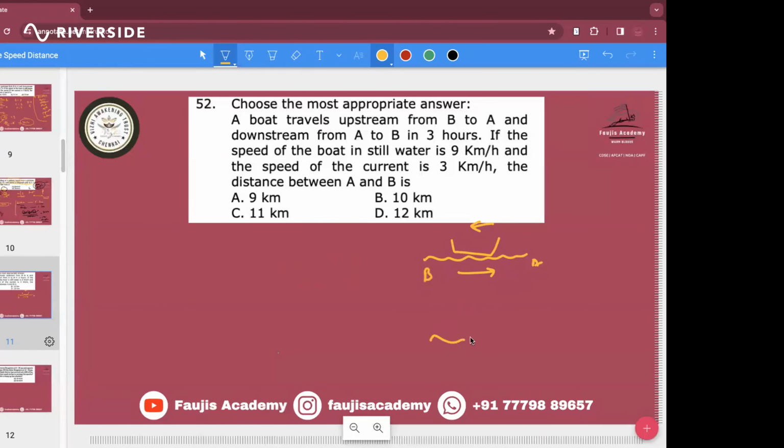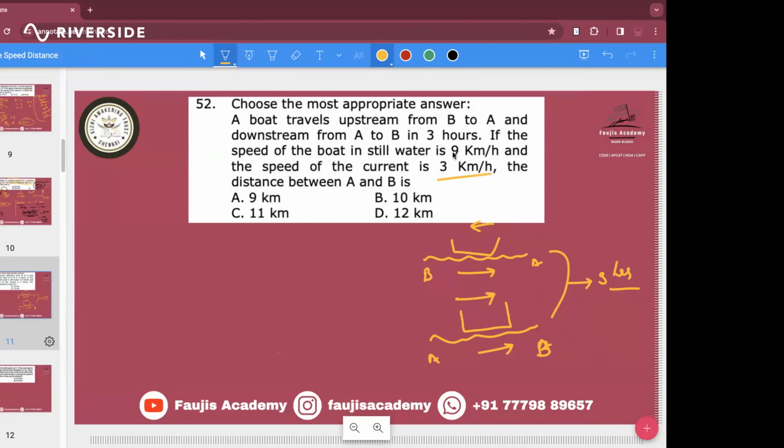It's traveling downstream, A to B, in 3 hours. I mean, these two combined take 3 hours. I'm solving the same question again, I'll be real quick. Anybody, any doubt, please stop me then and there itself. And the speed of the current is